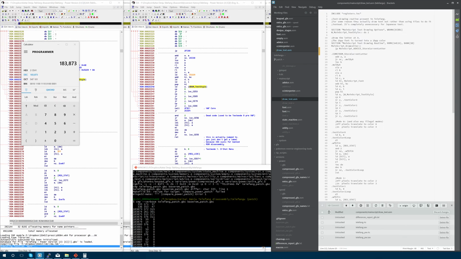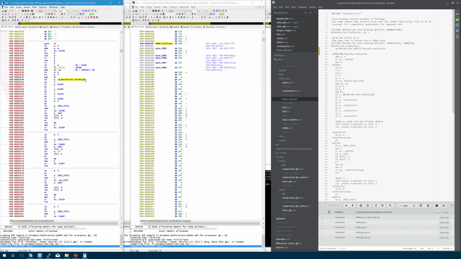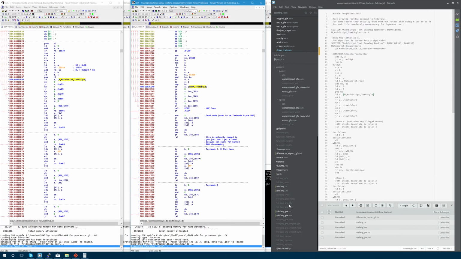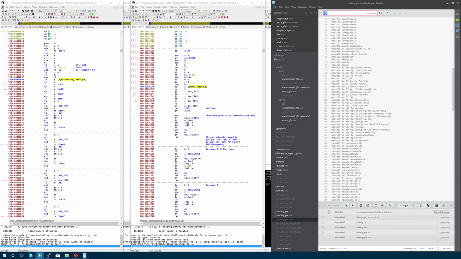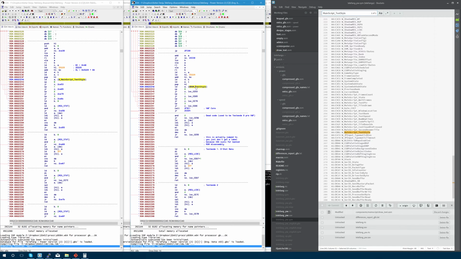So let's go to main script text style. Again, same address, CDB1. And our symbol map shows, let's see, CDE. I probably should just type main script text style. CDB1. Okay, so